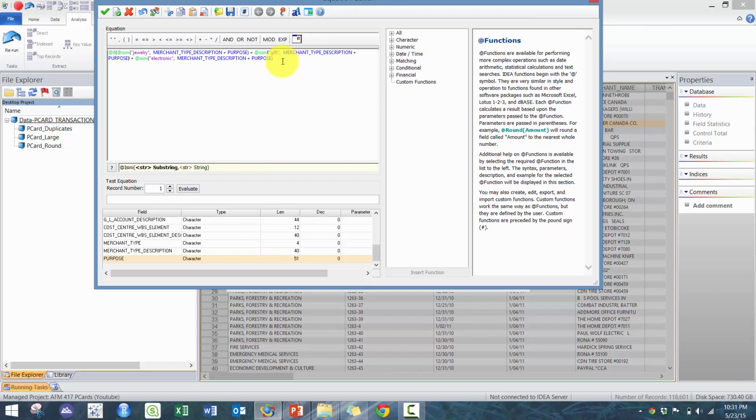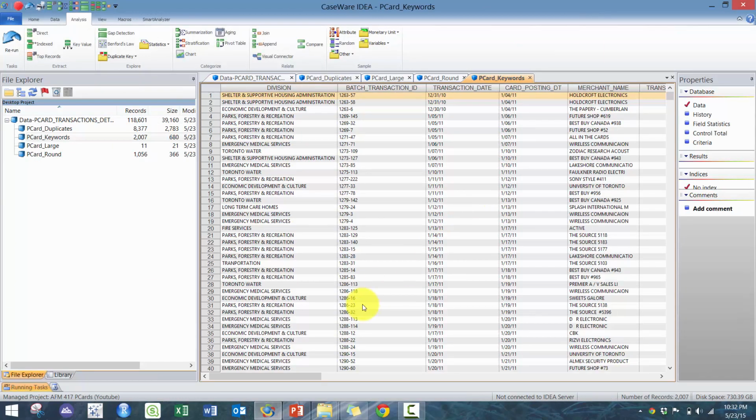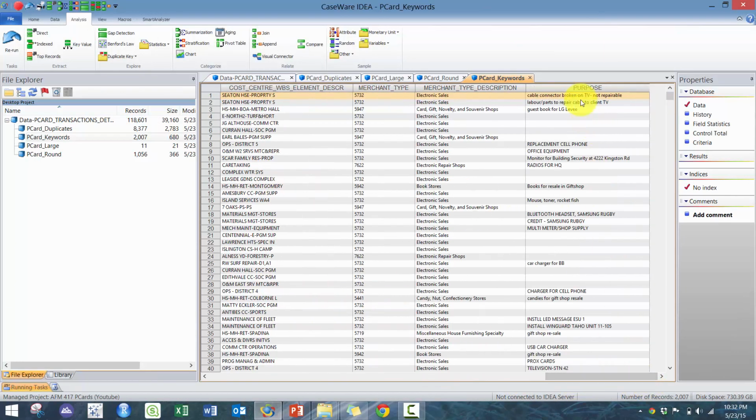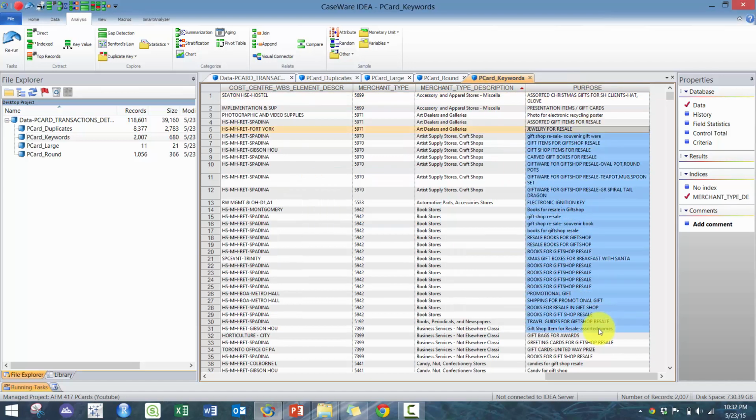Actually no, I'm not going to use the if statement. Sorry, I'm mixing up the order of things. So I'm going to use or statements. If it's true on any of these statements, which is going to be a value of 1, then let's export it. So we can see here, if we look in the description, purpose, or the vendor description, there's definitely some options, gifts,